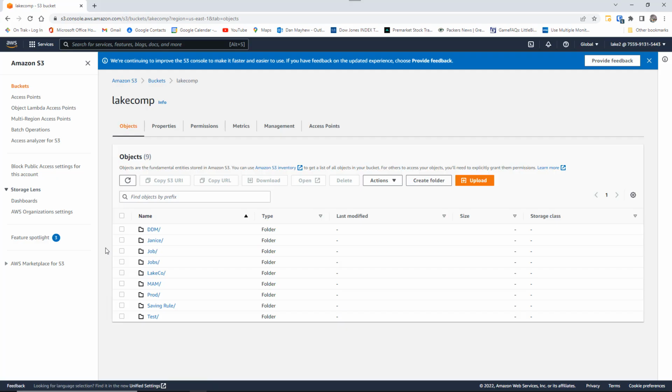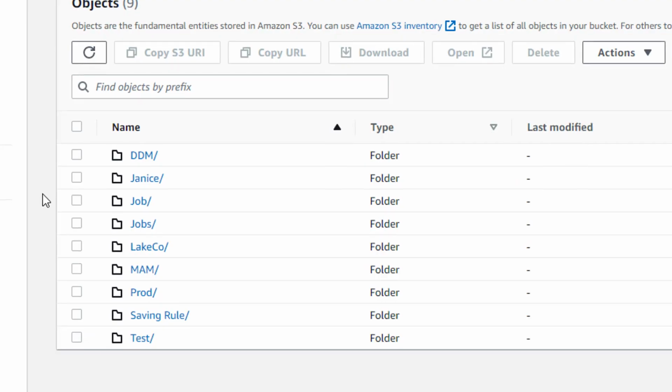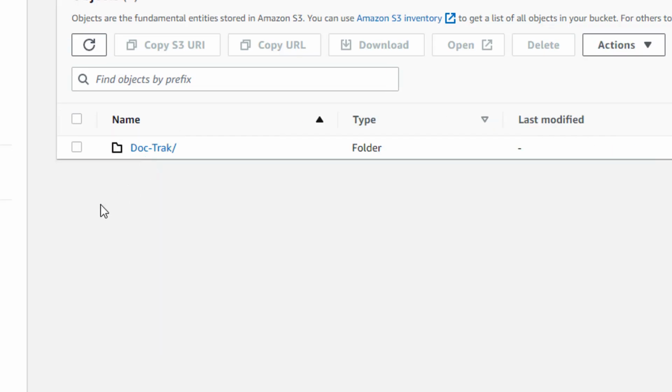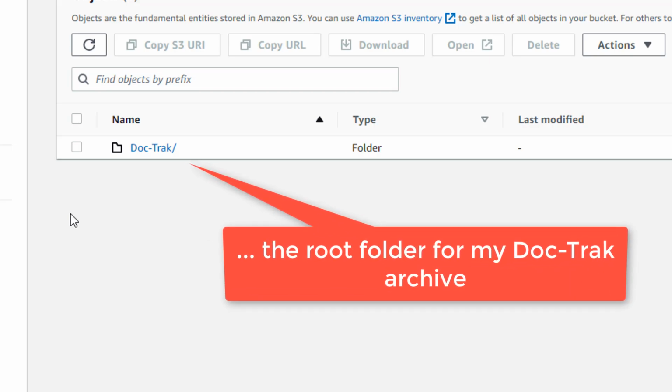Your company might use this cloud storage bucket for many different purposes, which is the case in this example. So I've set up a special folder here called DDM and a subfolder called DocTrack to use exclusively for my DocTrack archive.